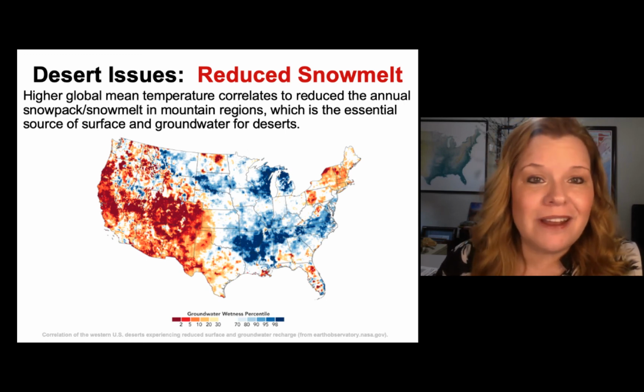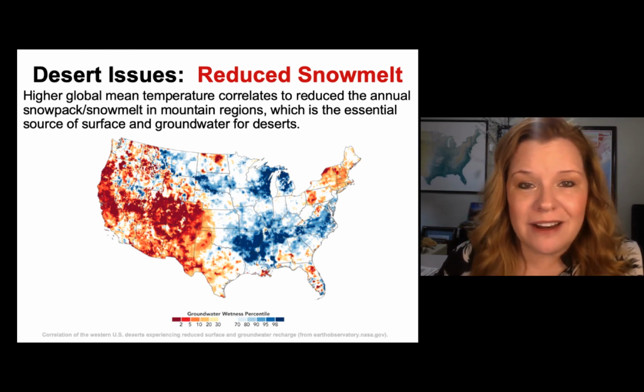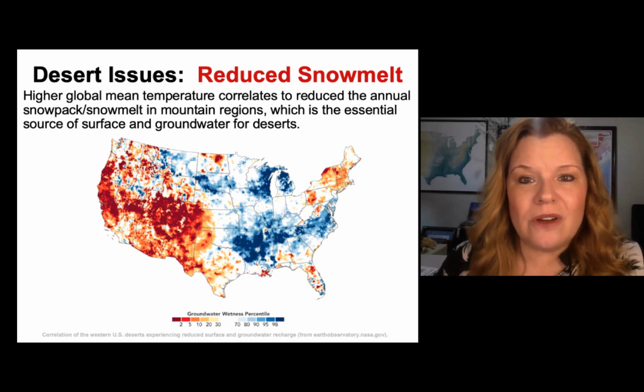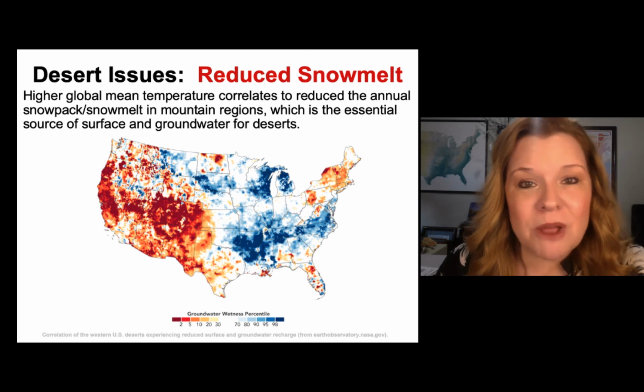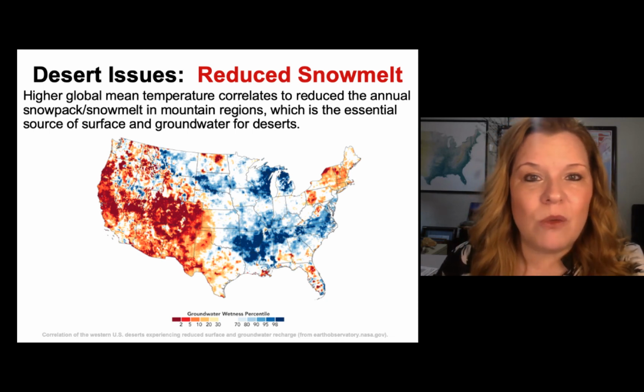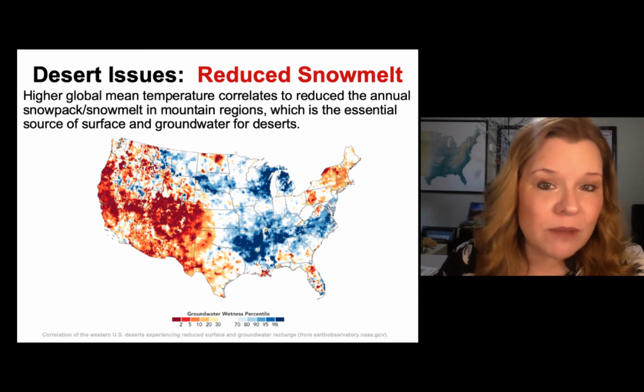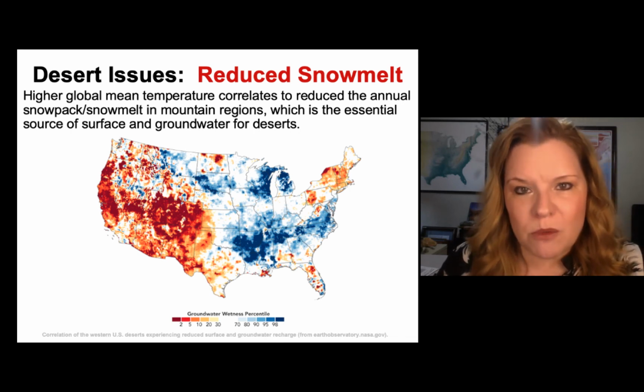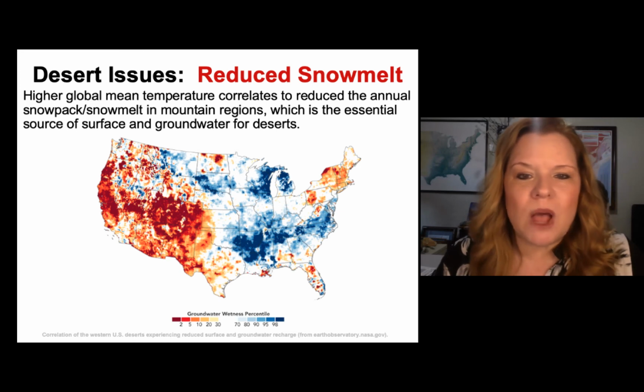And in addition, since we're in this drought and climate is changing, it's getting warmer, there's not just less snow, but it's melting earlier in the year. So there's stretches of drought where there's less water, like during growing months of the year, where that poses problems for agricultural needs as well.